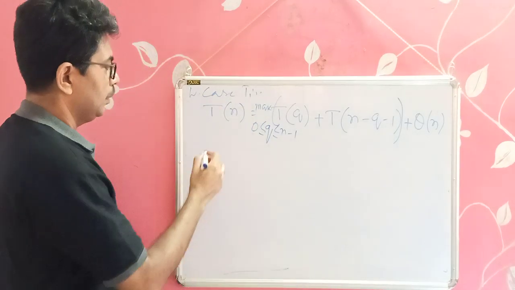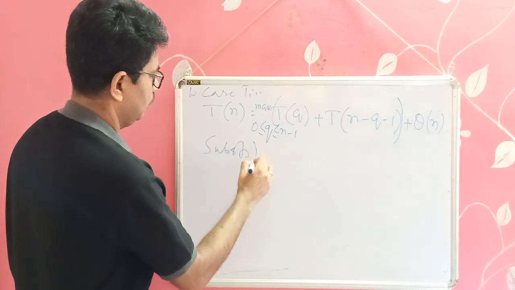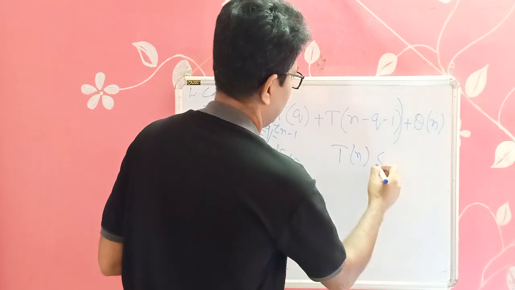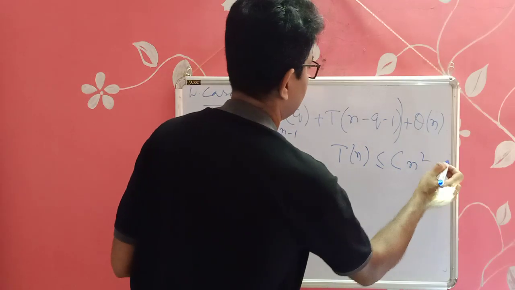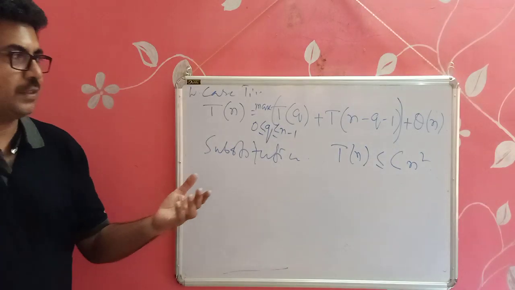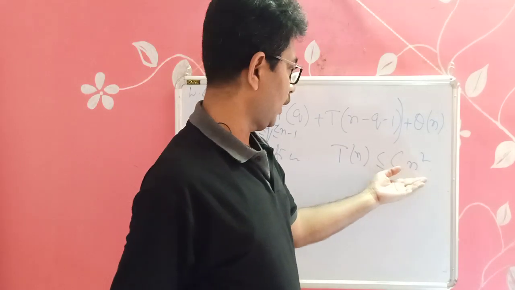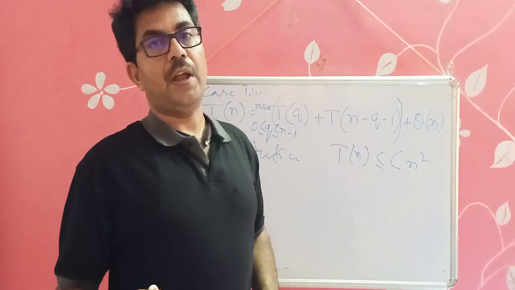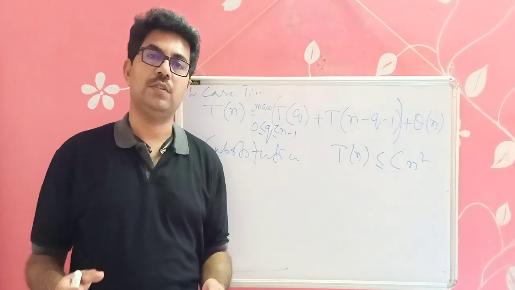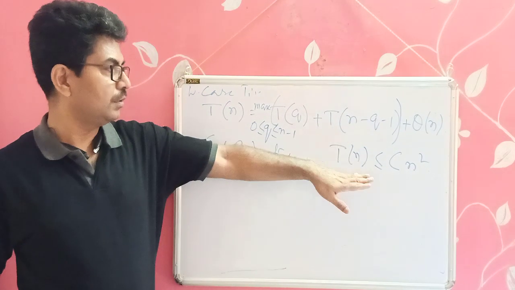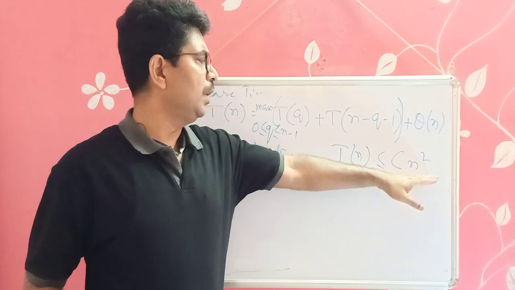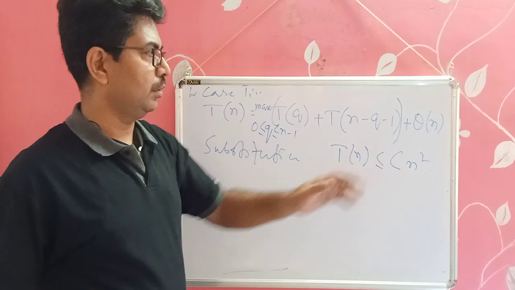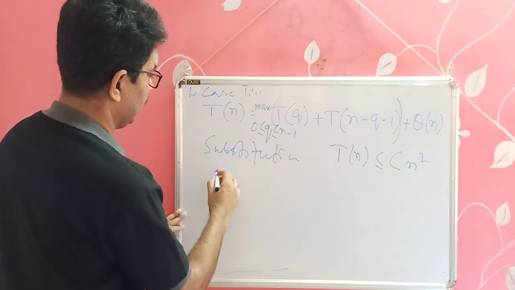Now if we go for the substitution method, then we can consider that let T(n) is big O of n square and hence it is c n square. Now you can ask why we have considered the substitution as n square. Because our target is to find the worst case time complexity, and we have some prior knowledge that the worst case time complexity of quicksort is order of n square. Hence we are considering that it may be equal to big O of n square, and hence T(n) is less than or equal to some constant into n square.